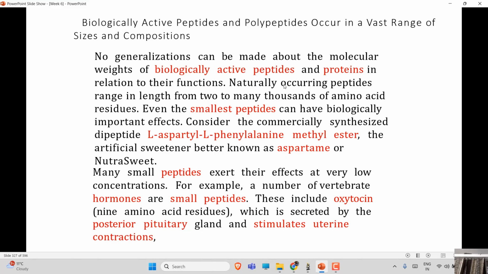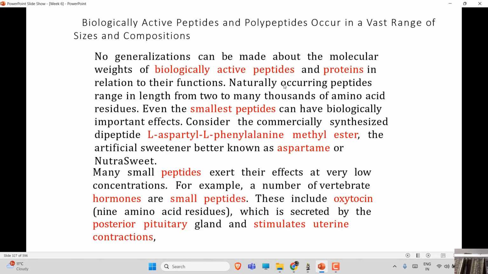Even the smallest peptides can have biologically important effects. Consider the commercially synthesized dipeptide